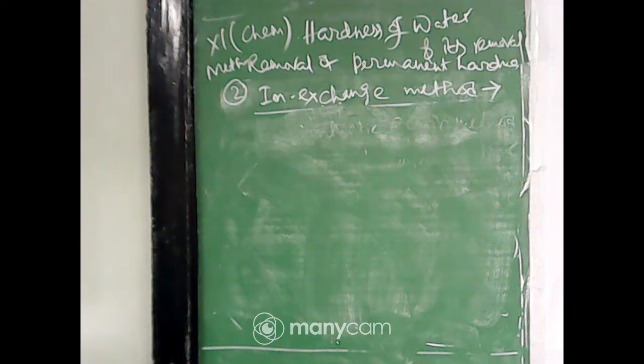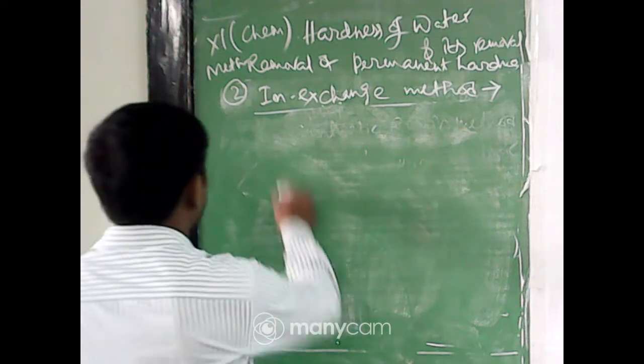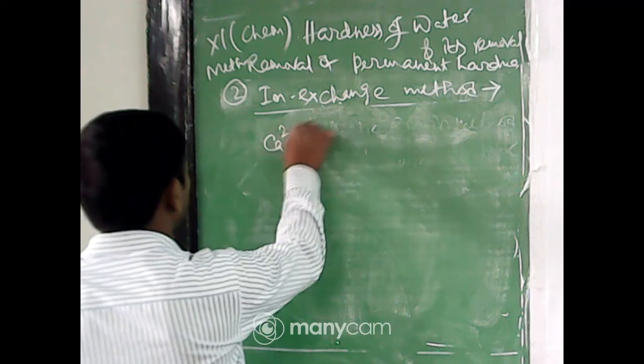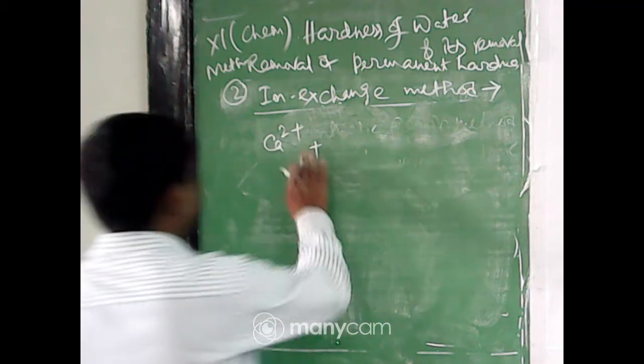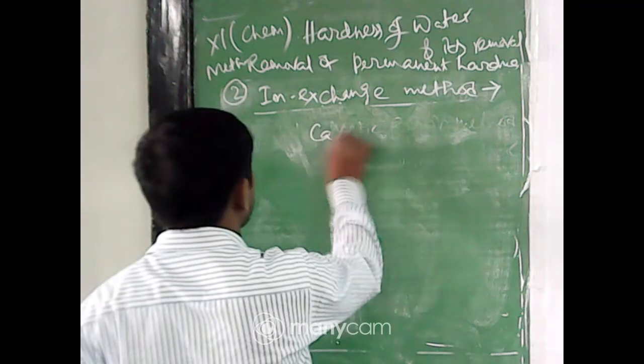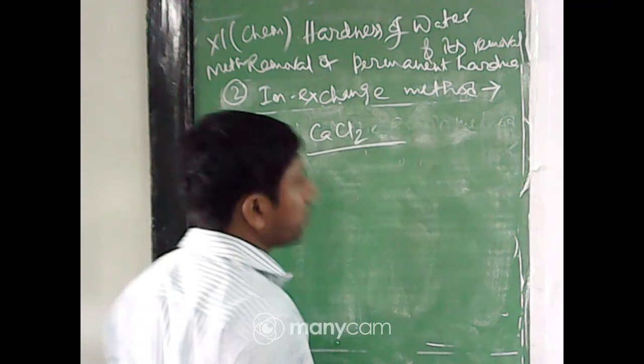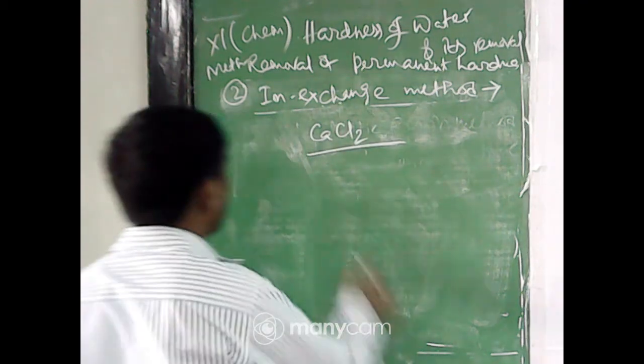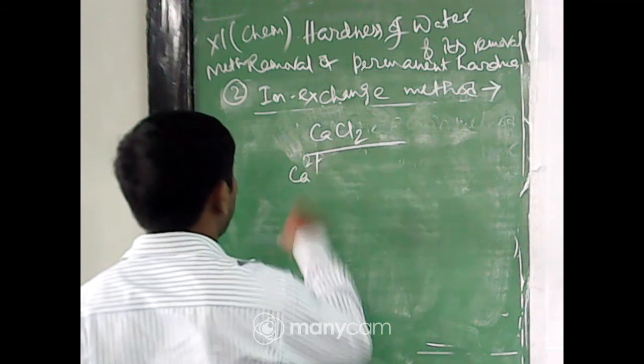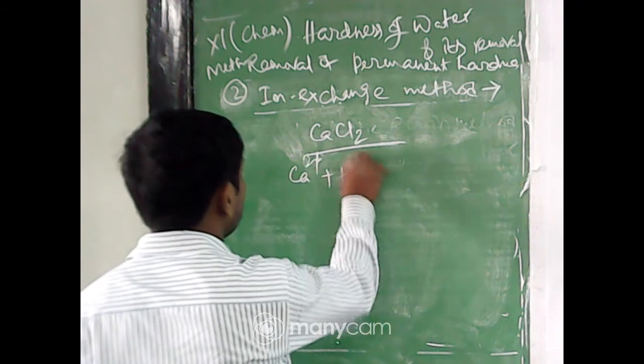Next one is the regeneration of resin. Now we have to follow the reaction. Suppose calcium chloride, CaCl2, is present. Now we have to remove both cations and anions. So Ca2 plus, when it reacts with H plus resin,